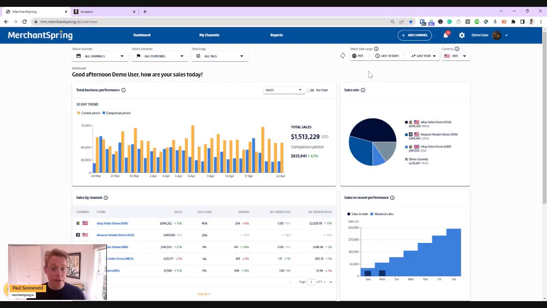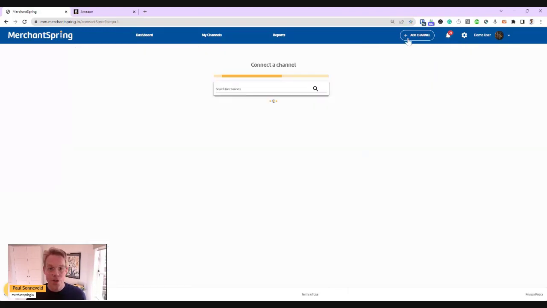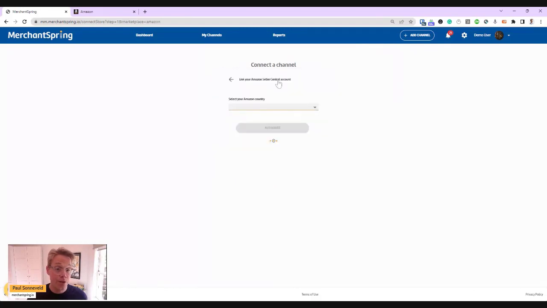Now, everything I've shown you here assumes there's data in the platform, which comes back to the question, how do we connect data in the first place? Well, that's where this button up here comes in. We can go to the Add Channel button here, and as you can see, you can click on any of these to start the process to connect a marketplace or a channel to your account. For example, if you click on Amazon Seller, you can select the country. Once we click Authorize, you'll be directed to an Amazon login screen, which I don't think is going to be